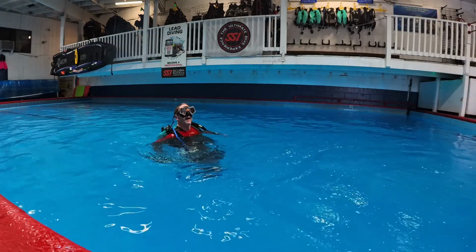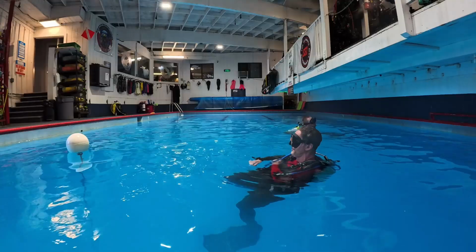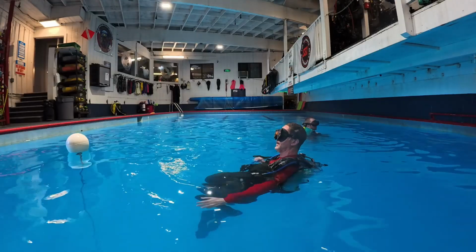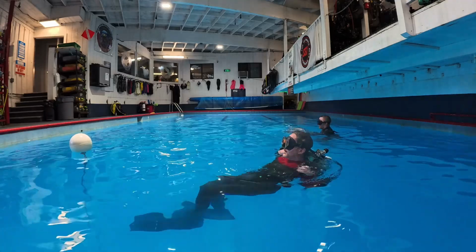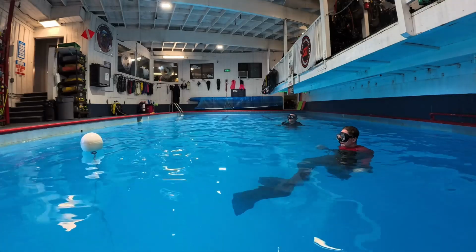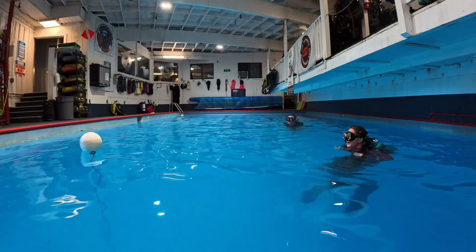You relax for a second, and whenever you're ready, you can see off. Gotta cough a little bit there. Keep that right shoulder stable. Go to the right. Okay, loosen it a little bit. Okay. And removing and mounting our BCD at the surface. Just if he does drop a pouch, I can usually find it. Okay. Try